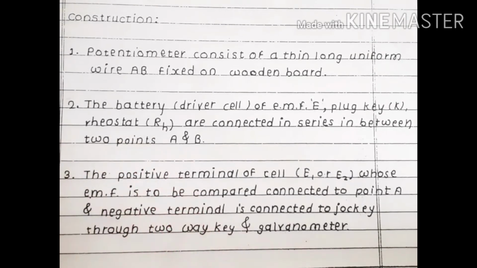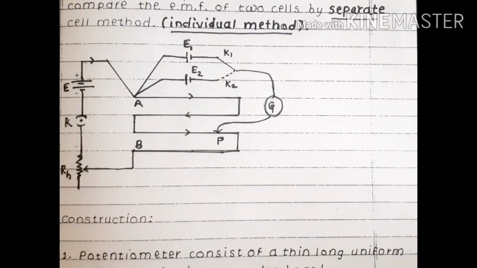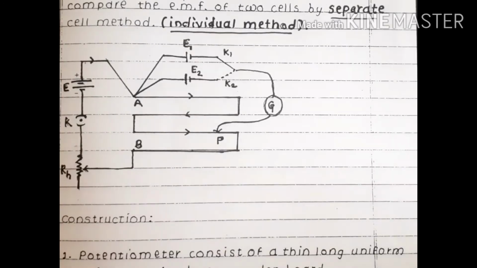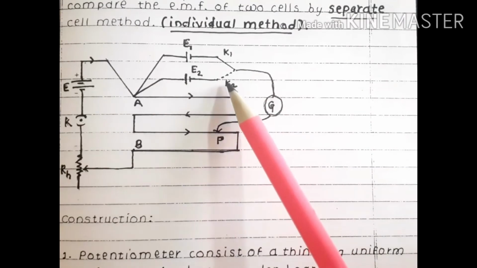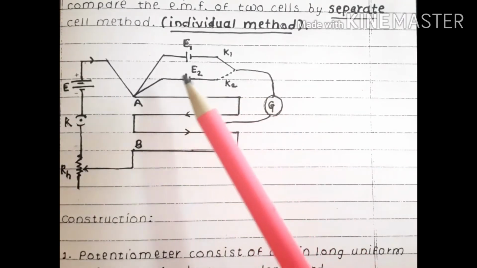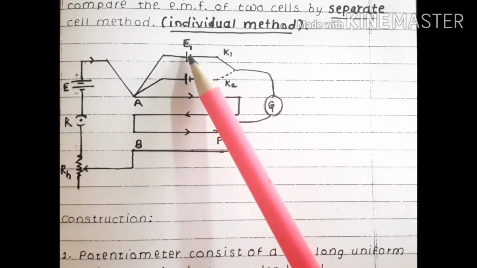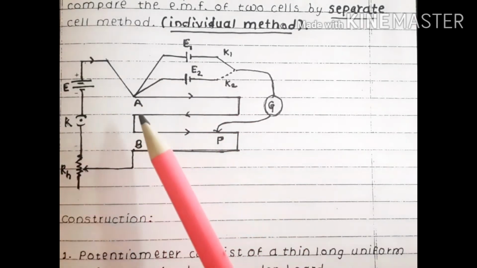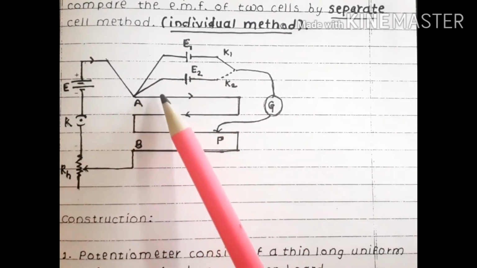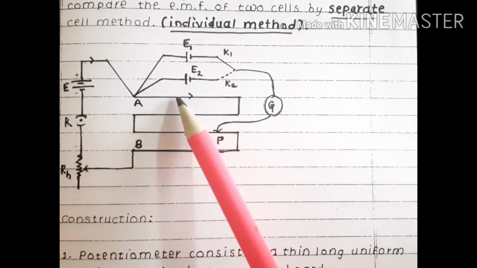These are the 3 points related to construction. Now let us see the working. First of all, close the plug key K as well as K1. Here K2 is open. Because of that, only this first one cell is in this circuit. Then after you start to touch the jockey